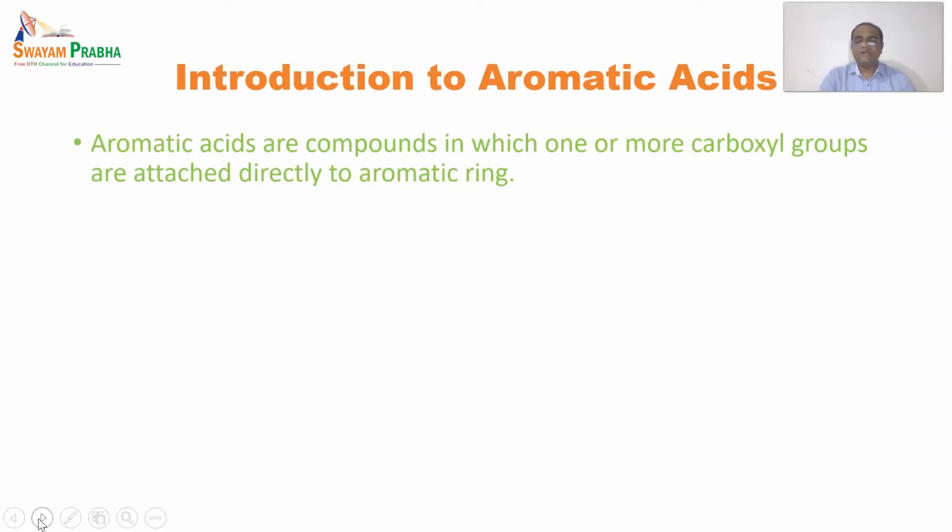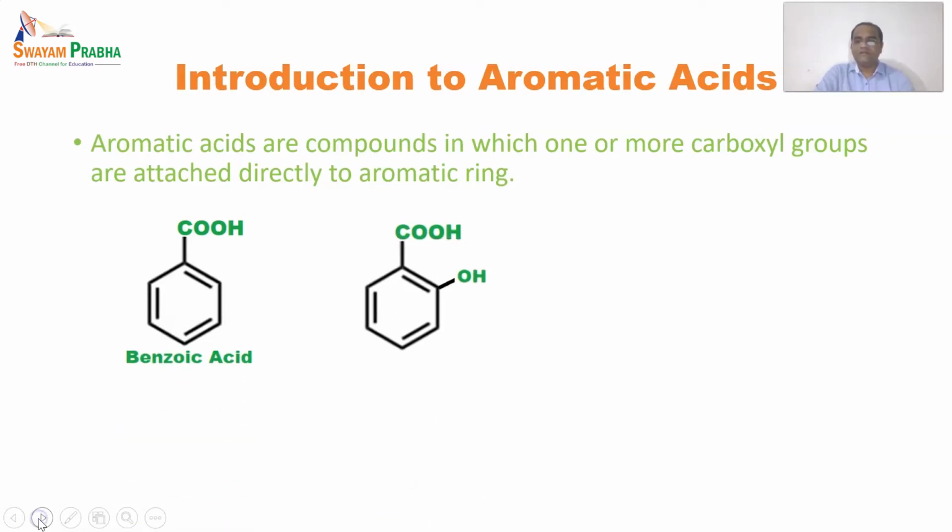Now here we are dealing with aromatic acids. Why aromatic? Because it has an aromatic ring attached to a carboxyl end. At a particular position it will have a carboxylic acid group, due to which it is said to be an aromatic acid, and that carboxyl terminal is directly attached to an aromatic ring. Such a compound is said to be an aromatic acid. So this is the structure of benzoic acid,